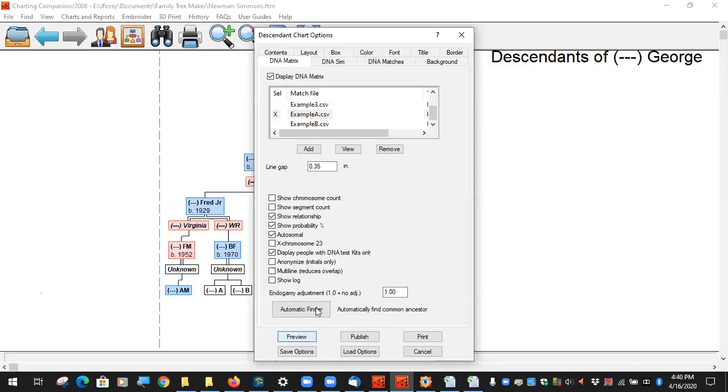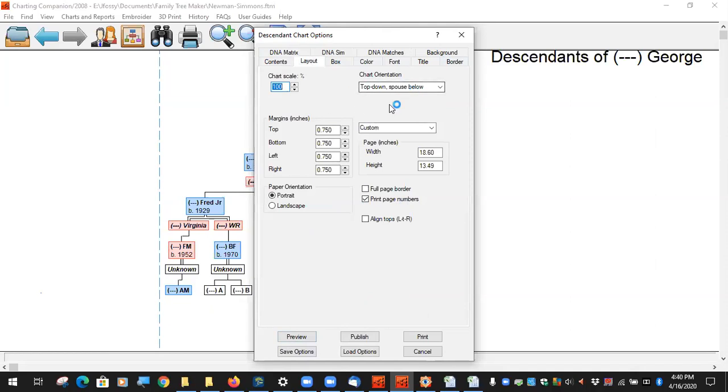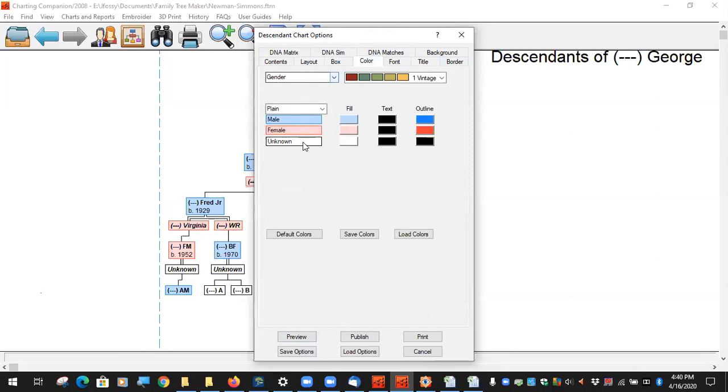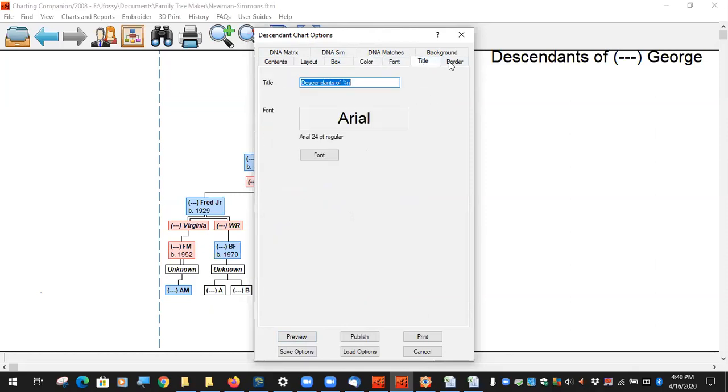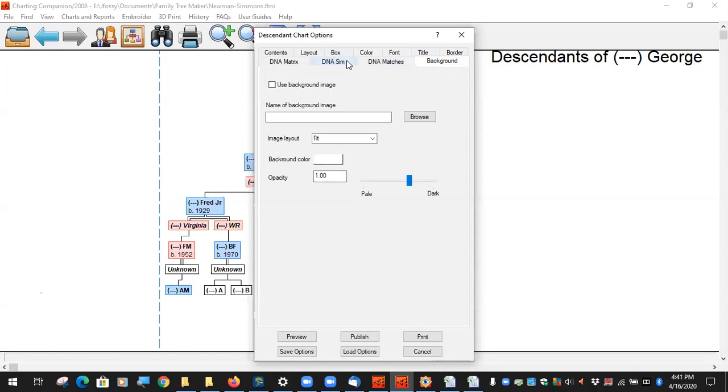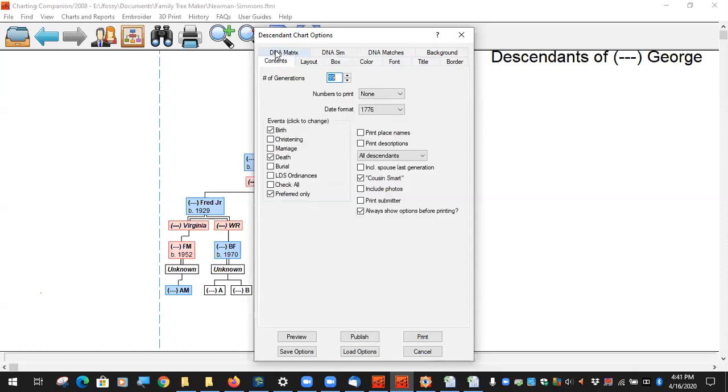But once you're happy with the settings, like I said, you can play with the layout, size of boxes, colors. I've just got gender on here right now, but you can do lineage, generations. You can play with fonts, title, border, you can set a background image. You can tell what facts to display. The cousin smart